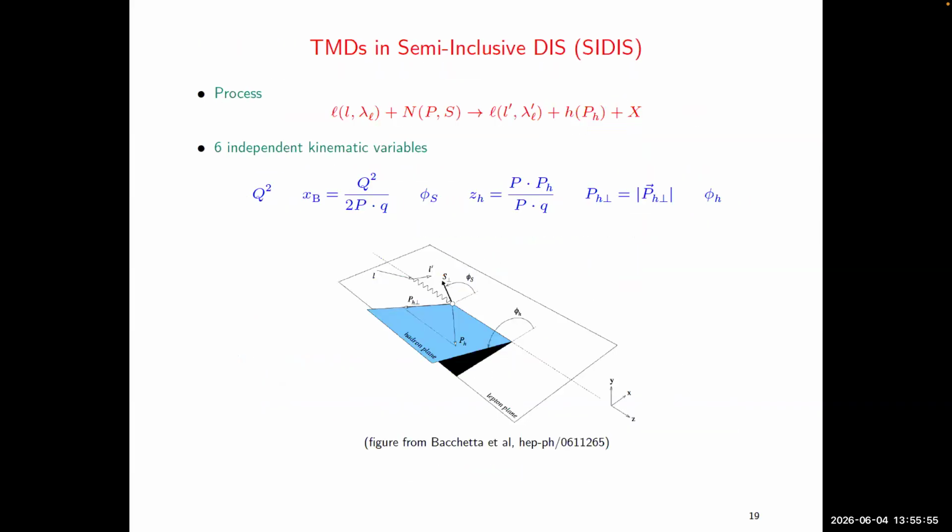Let me skip over that here, and let's now get to which TMDs can principally be measured in which processes. The first one here is a flagship process, will also be a flagship process for the EIC, semi-inclusive deep inelastic scattering, or SIDIS. It's the same as inclusive DIS, but now we are detecting, in addition to the electron or the lepton in the final state, one hadron. In general, this process